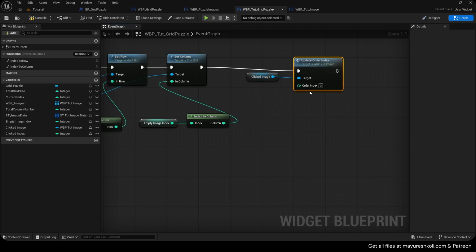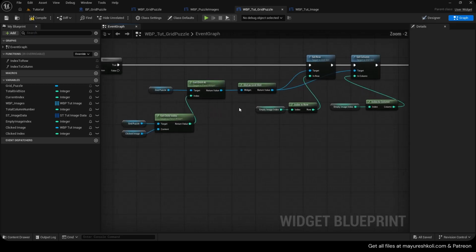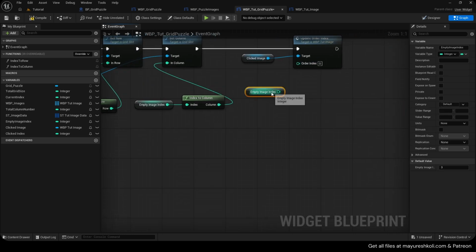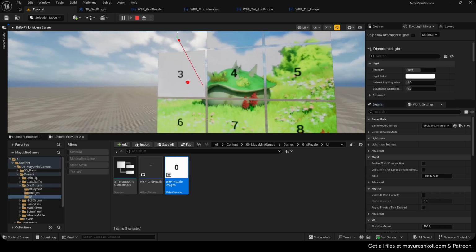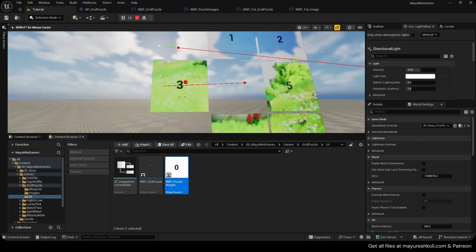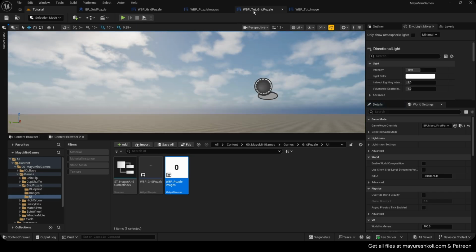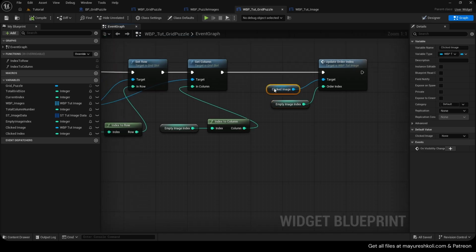Which one should be the order index? The new one. It should be the empty one, because now it's moved to the empty one. Okay, so let's do and see. Yeah, it worked, but it would not work perfectly yet, because after we